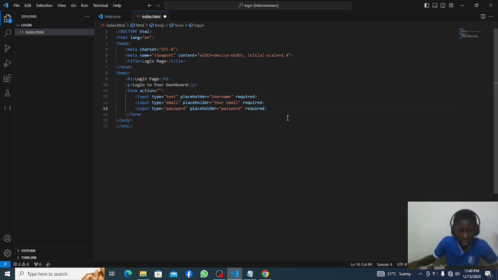Okay, so as you can see, we've done a simple input tag where users can put in their username, email, and password so that they can log in. What you are going to do next is the submit tag. To do that, you are going to create a button, or we can do this simple: you are going to create another input tag. We're going to name this submit. Get it? And now we're going to name this